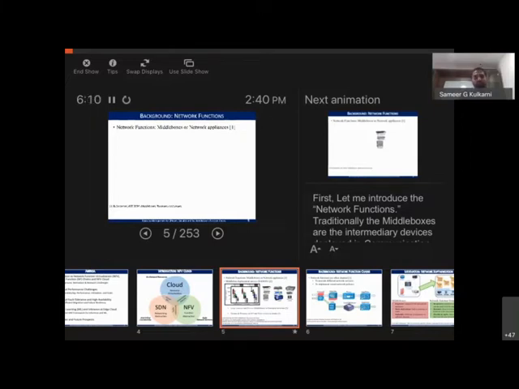Okay. So to give a big picture, these network functions, in the traditional world, were typically the middle boxes, or what we call network appliances. And these were the de facto devices being used in most of the clouds, enterprise and ISP networks. What we mean by middle boxes are devices like load balancers and NAT devices that operate in different institutional networks. And you can see these were all purpose-built, meaning they were dedicated hardware and you had to deploy them at your place, be it the data center or the institutional network,